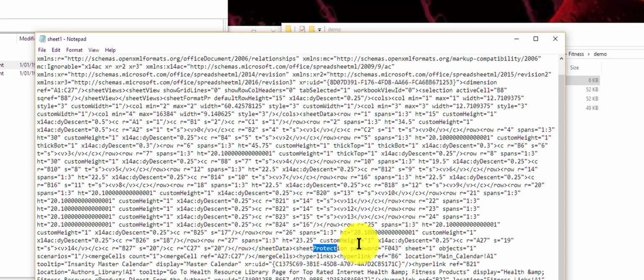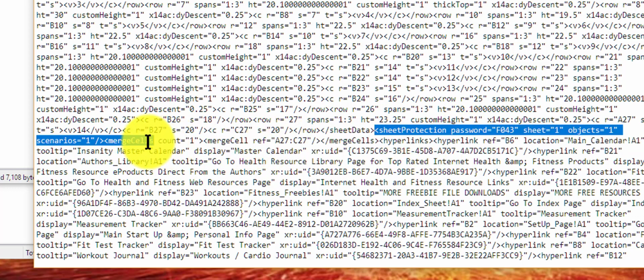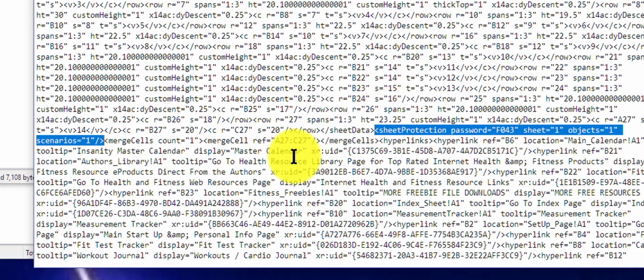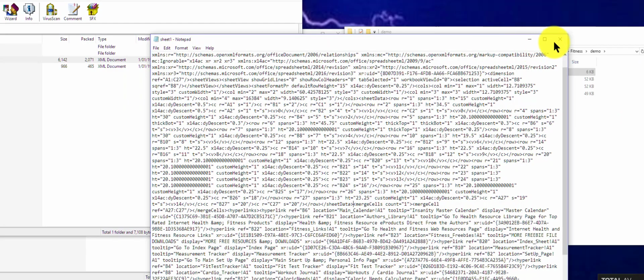Okay, so what you've got to do is go to the start of the protect data sheet. So that's the opening bracket here. You start there and drag that to the end of it, so let's go to the slash and close bracket. So that complete line that says password sheet 1 objects 1, so the whole sheet is protected in all scenarios. So I'm going to delete that, and then I'm going to save it, close it,